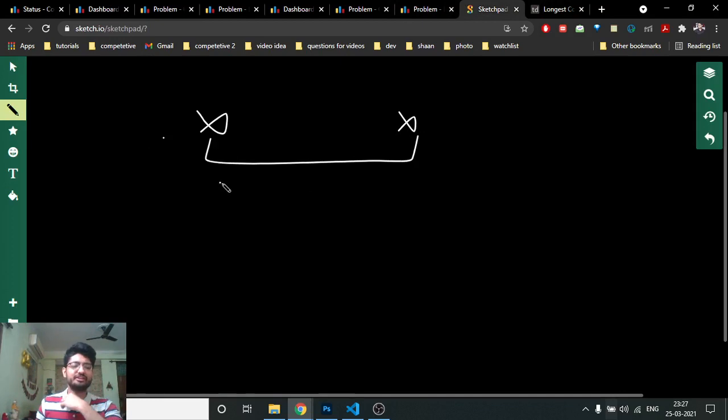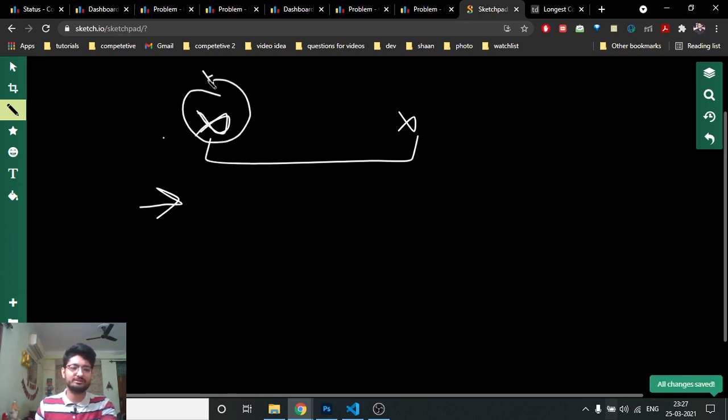What you can do, you can just greedily do that, and because the constraints are very small, first find out the first star and the last star, change them, and then move from left to right and find the first X, because the first X will always be there since you have converted some star. It cannot happen that there is no X.